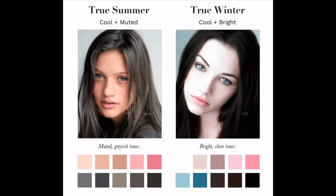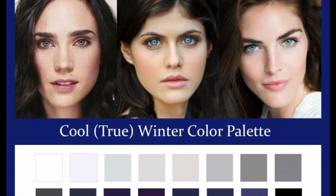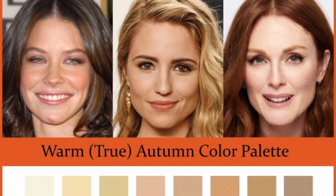The idea is to come up with a set of colors that fit into these seasons, whether they're warm or cool or bright or dark, that complement your skin tone and your features in terms of the coloring. Typically, your summers and winters have cool undertones, with, again, typically summers having light hair and light eyes, winters having dark hair and dark eyes. Springs and autumns have warm undertones, with springs having light hair and light eyes, and autumns typically having dark hair